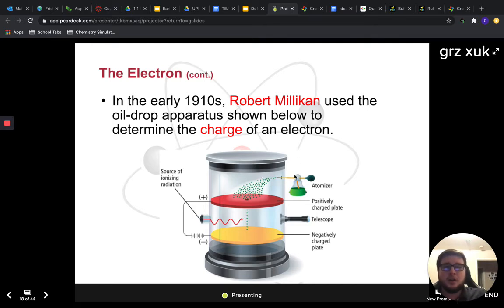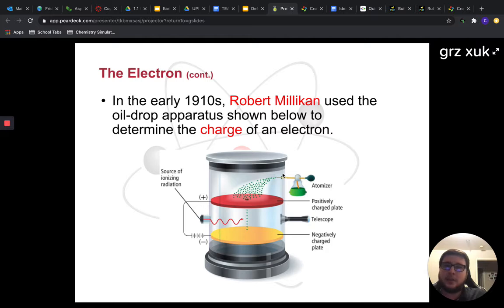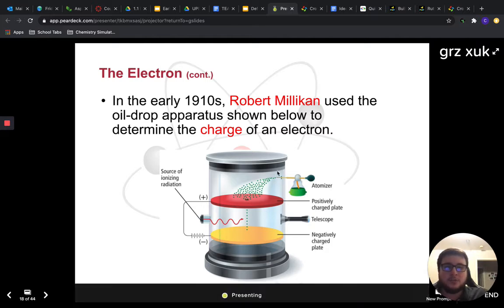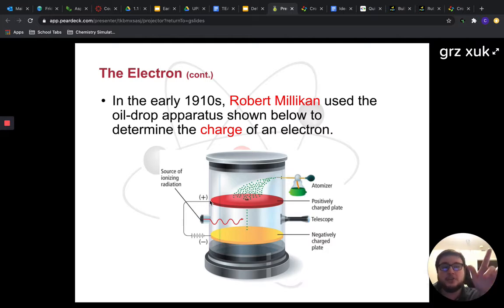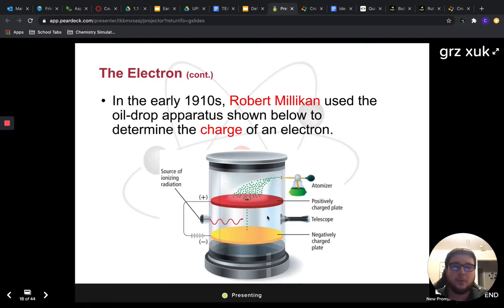And so once you eject those little droplets, gravity is going to pull them down, right? Everything that is in the air has gravity acting on it and pulling it down towards the earth. So gravity is going to pull these things down, but if you'll notice, you've got some plates up here at the top, the red, and then here at the bottom, the yellow, that have charges on them. Okay? You have a positively charged red plate and a negatively charged yellow plate. And it's connected to a power source, a battery, some power source that he can change the voltage and make more power or less power run through it with a dial. And whenever he turns the power on,